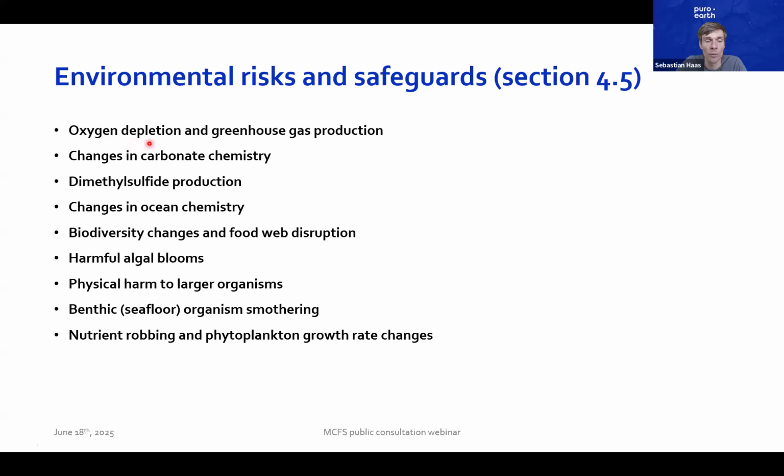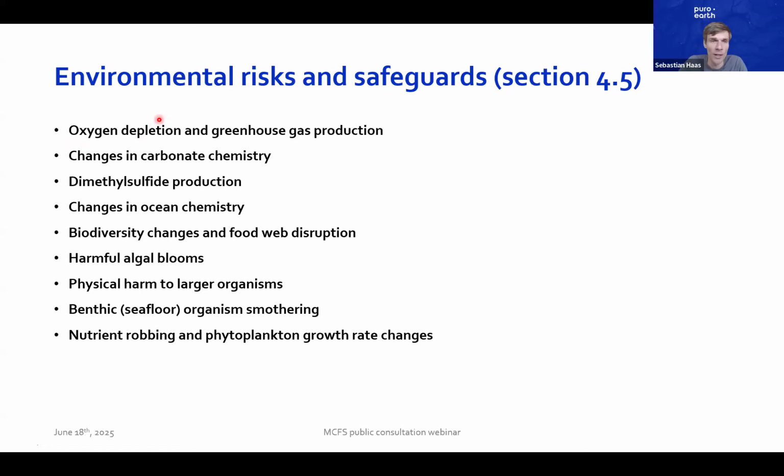And that's something we are requiring to be monitored by oxygen concentration measurements throughout the water column at the deployment site, modeling of oxygen concentrations in the deep water,